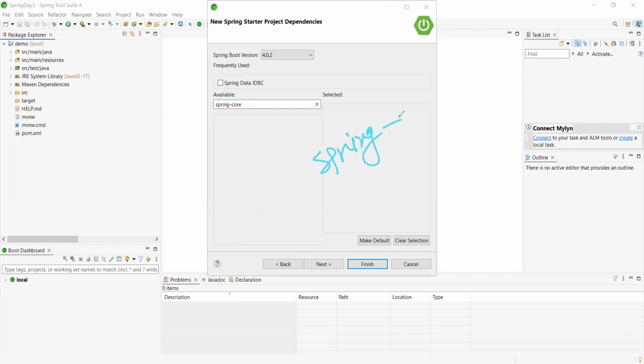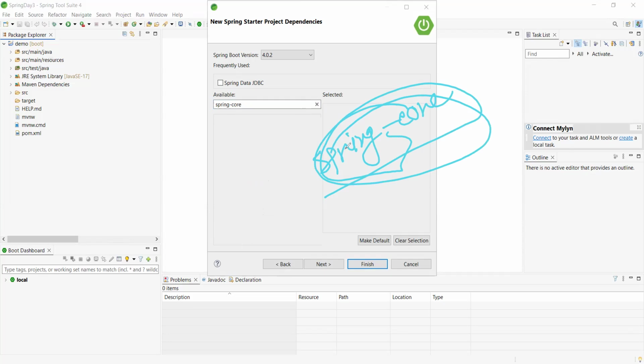But what is the problem? Why can't we find it here? Because the Spring Core module, even every module, like Spring Web, Spring Security, Spring AI, Spring Data JPA, every module internally uses the Spring Core module, right?